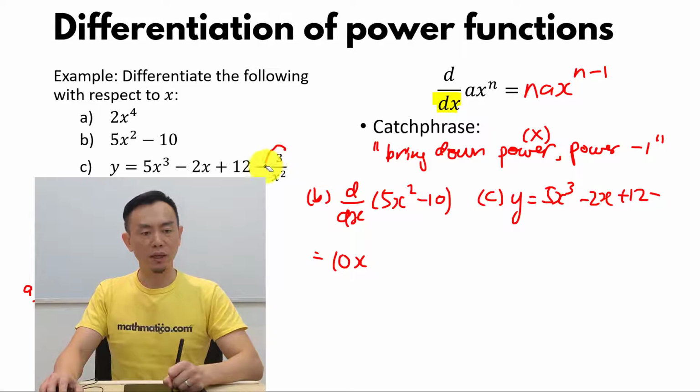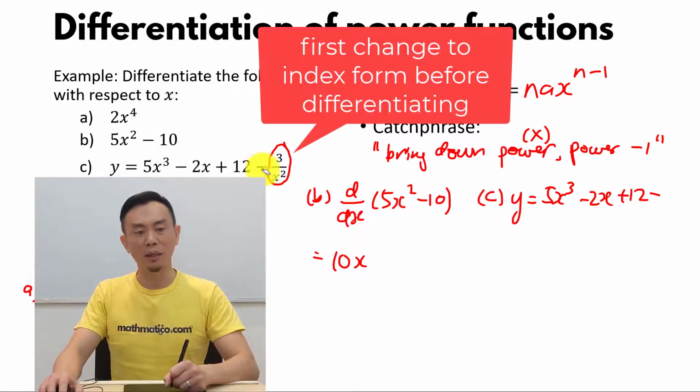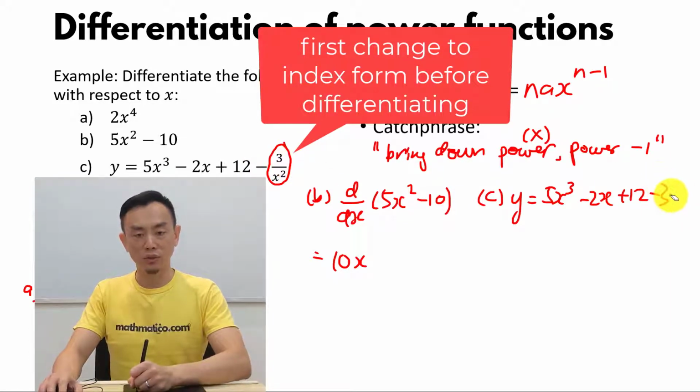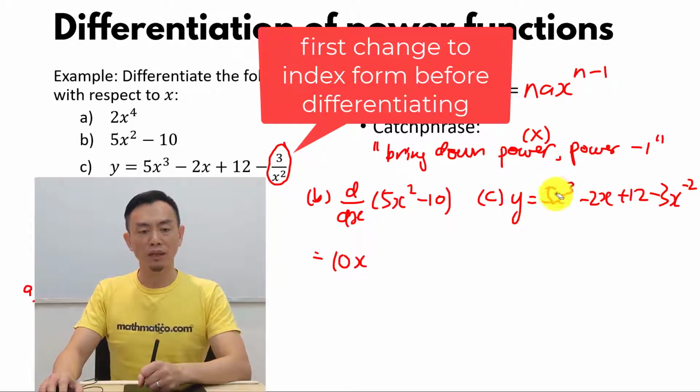Now this 3 over x squared here is awkward to differentiate because it's not in index form. You can't see what the power is. To be accurate, it's actually 3x to the power of negative 2, because this x squared is in the denominator. So we always change the x in the denominator into x in the numerator, and we change the sign of the power,